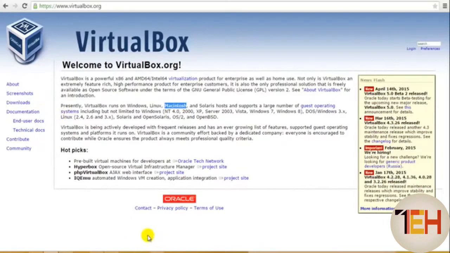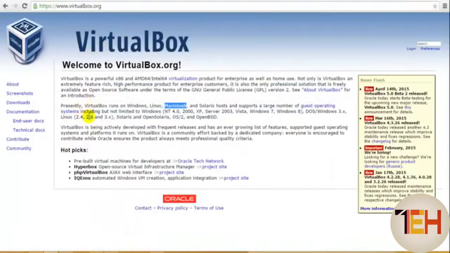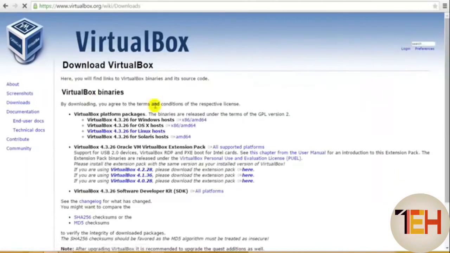But the only thing is that you need to spend your money if you're trying to buy a workstation. If it's just a player, just a single machine, then you can straight away go ahead and use the player. Okay, so if you want to download, you can check the downloads option over here,